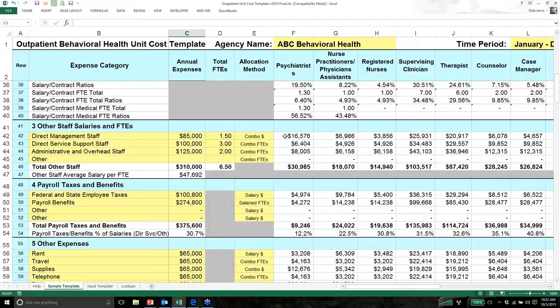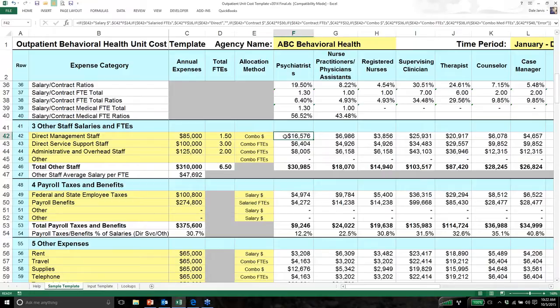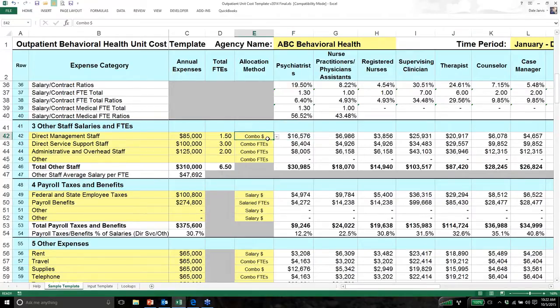So it's $16,576 that's being allocated to the psychiatrist. Now, if I click over to that cell, I see that there's a little arrow that comes up,